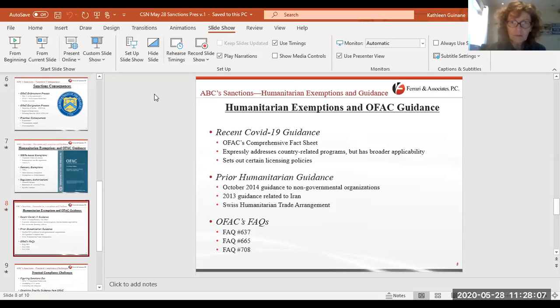It contains, it's about 10 pages: Iran, Syria, Venezuela, Cuba, North Korea, Ukraine, and Russia related. But a lot of the concepts it discusses are broader than just those sanctions programs. So it's a great starting point to understand how OFAC looks at humanitarian efforts, what kinds of exemptions and authorizations exist. And even if you're dealing with a sanctions program that doesn't contain that kind of exemption or general authorization,